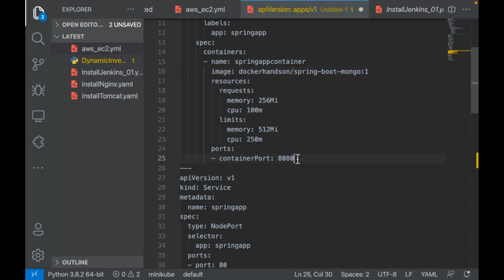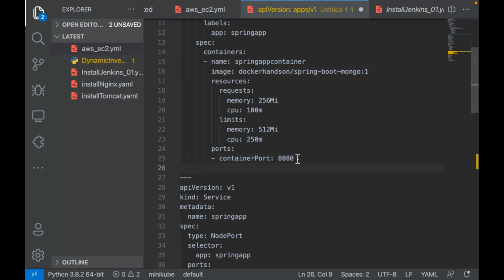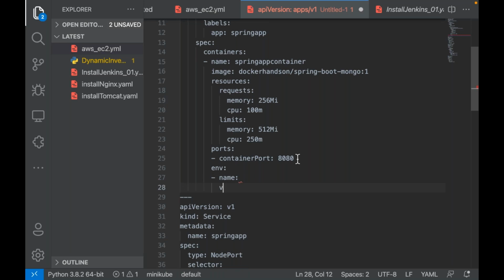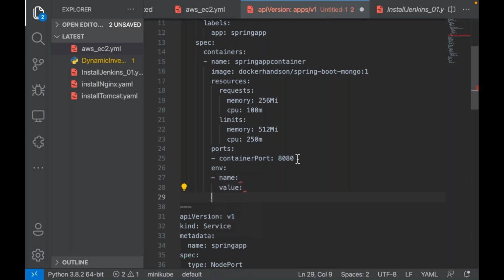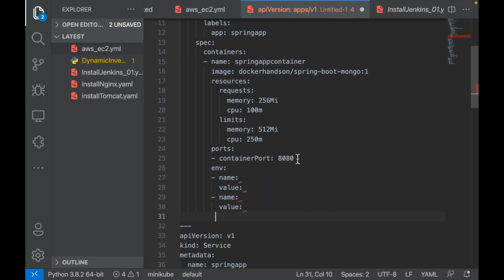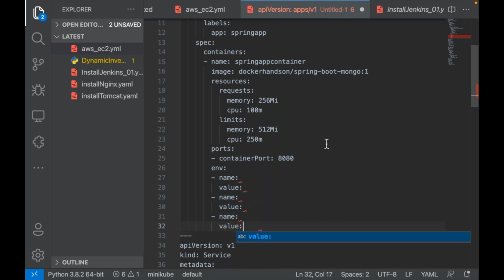So what is the keyword for that? env. Under env, a name and a value, something like this. Name and a value. So what were those environment variables which I passed?